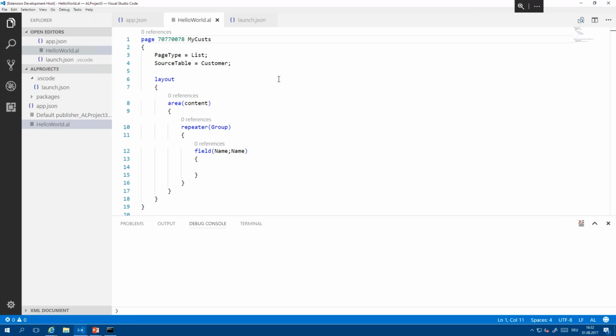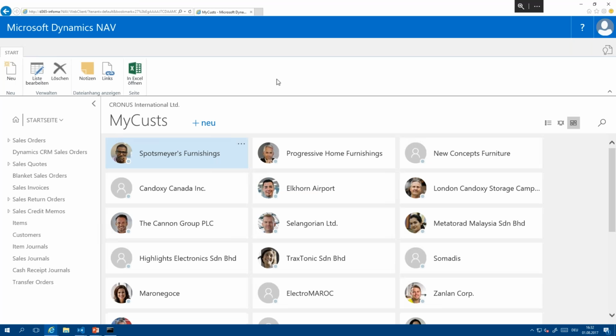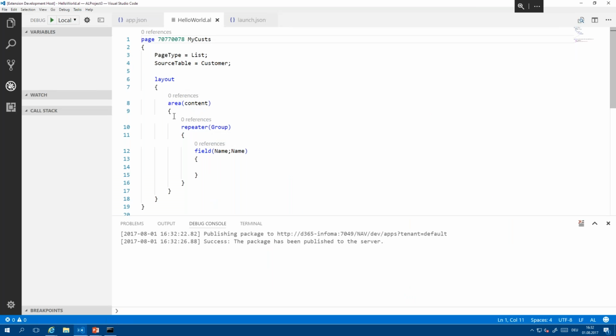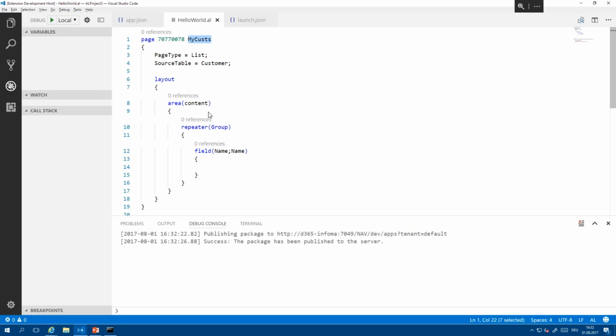Then this is going to publish and is going to open a browser at the place where we want it to. So this is opening, and it's running the My Customers page, which is the one that I've defined here, as you can see. And it also is a very, very simple list with only the name, because I've only defined the name in here.